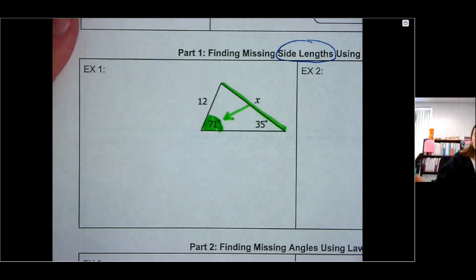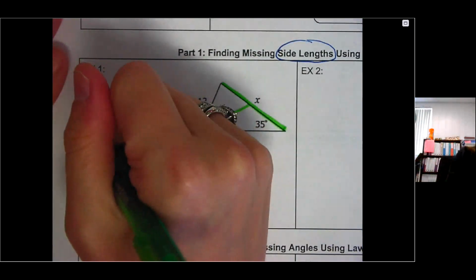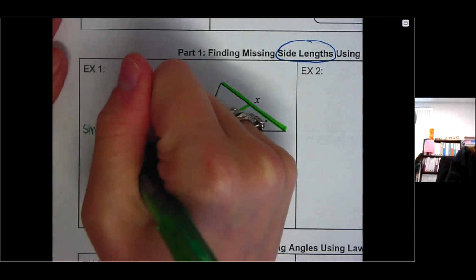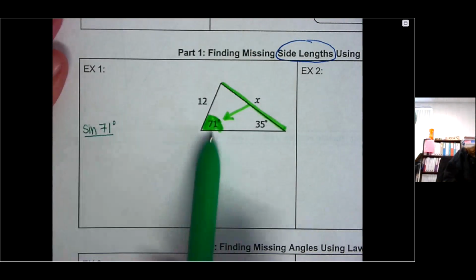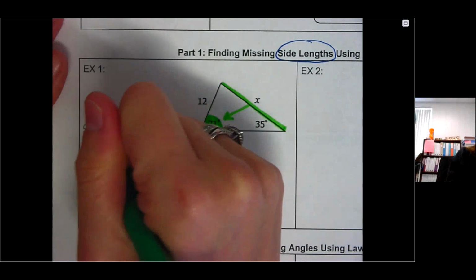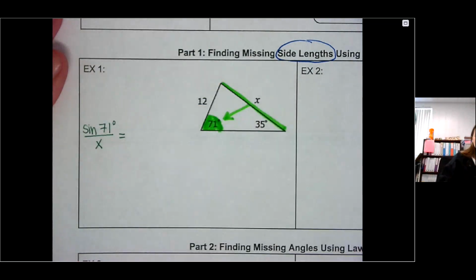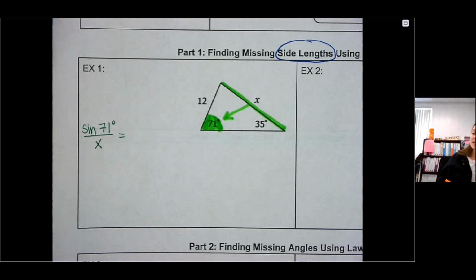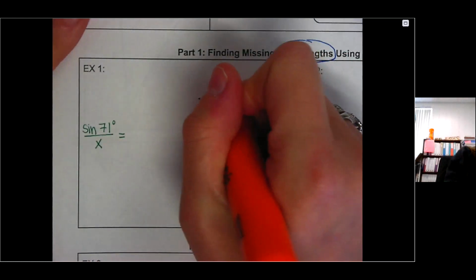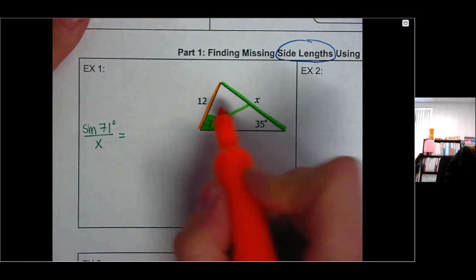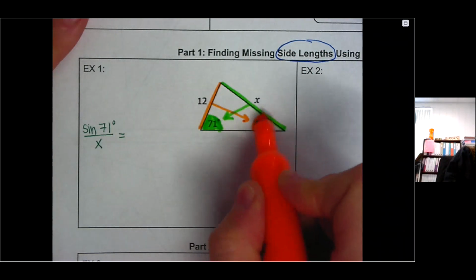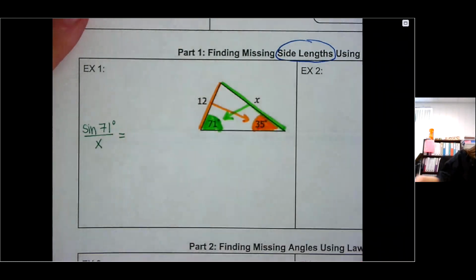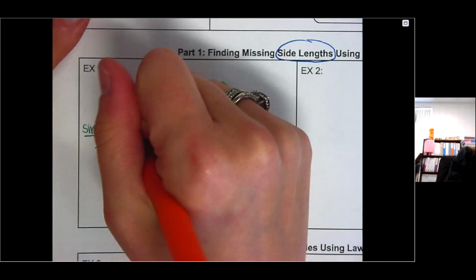So my first proportion is going to be the sine of 71 degrees over x. Now, this should be equal to the other angle and side proportion that I have listed there. I also know that this is side 12 over here, and the angle that it matches with is 35 degrees. So my fraction is the sine of 35 degrees